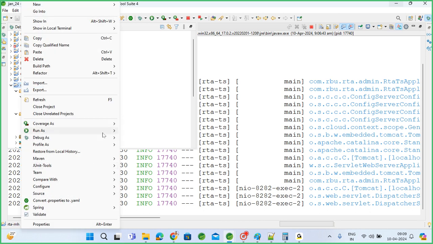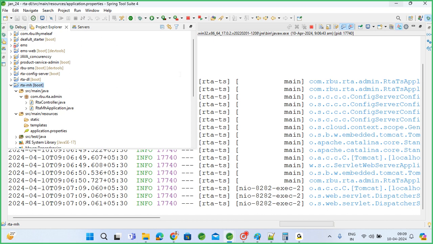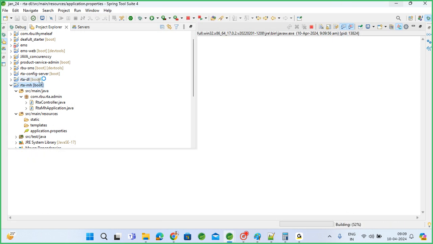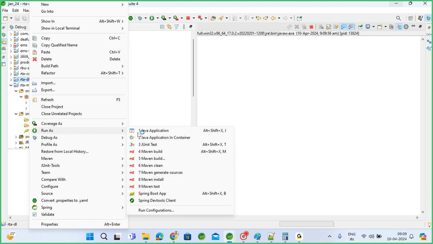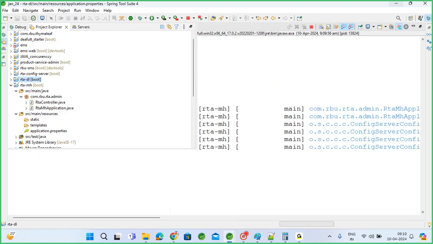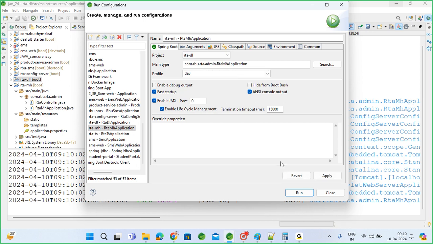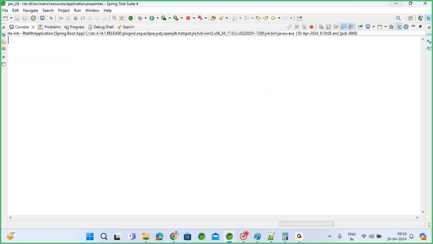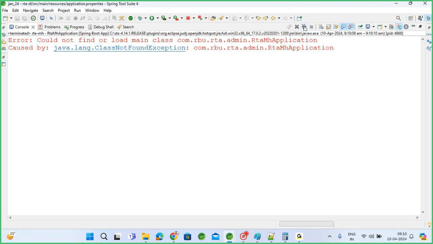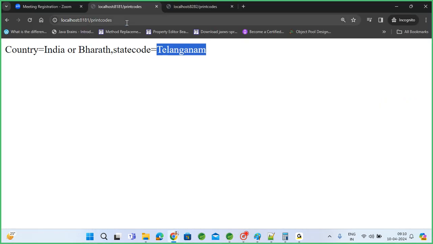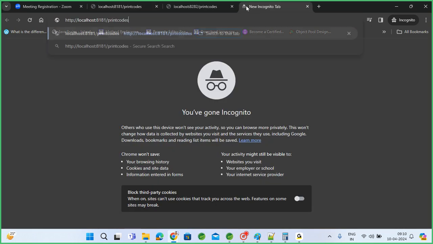So during running, in run configuration, give dev or sit. Now run it. DL also, run configuration, DL project dev, run. Now DL will also run. Check MH which is running on 8383, print codes,